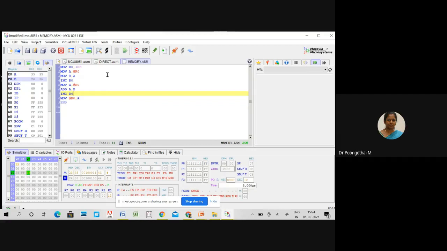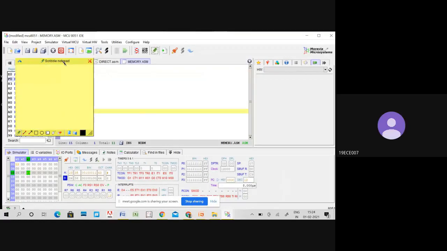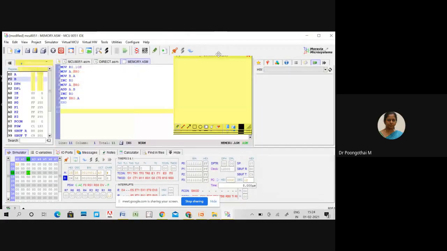Suppose I am moving 10 directly into R0. So move A comma at R0 means at of 10, or content of 10. Please tell me.